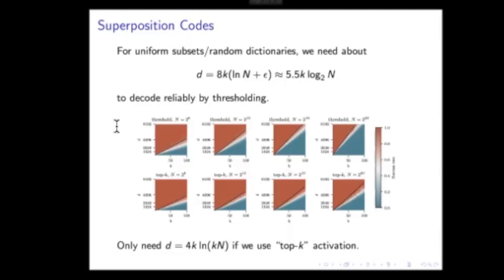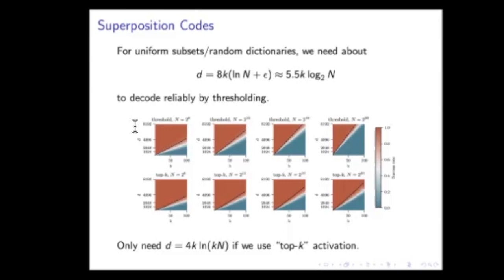One thing in this graph is I've done something a bit silly. In this first column, I'm encoding with large N equal to 2 to the 8, so 256. I'm encoding subsets of a set with 256 elements, and I'm talking about requiring like 1,000, 2,000 dimensions to encode this. Well, that doesn't make any sense, because I can encode an arbitrary 256-dimensional vector using a 256-dimensional vector. So this graph is clearly not showing what is possible if I chose my code words intelligently. I'm choosing them randomly here. Maybe things would be better if I optimized them.